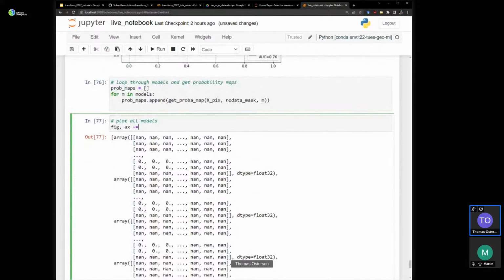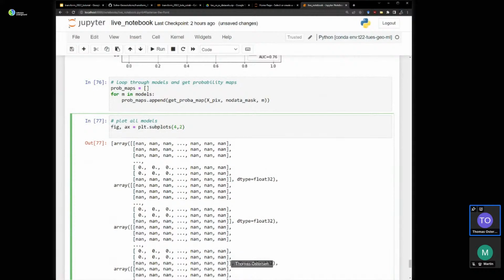Big X equals, we've got eight maps, so we've got a 4x2 plotting array. Subplots 4x2. Fig size, oh, 10 by 20.